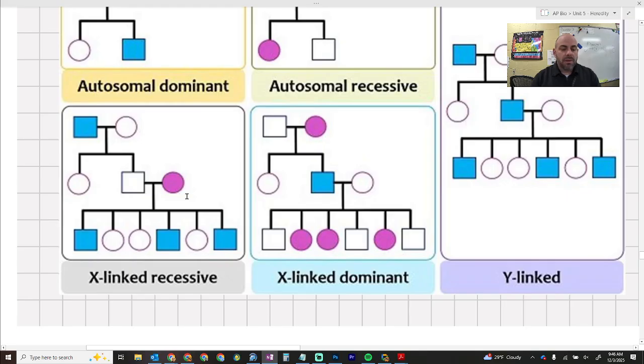How's that work? It's because I don't understand these colors. That's what it is. But we can look at this. This is an X-linked recessive. The sons have dominance here and the daughters have,